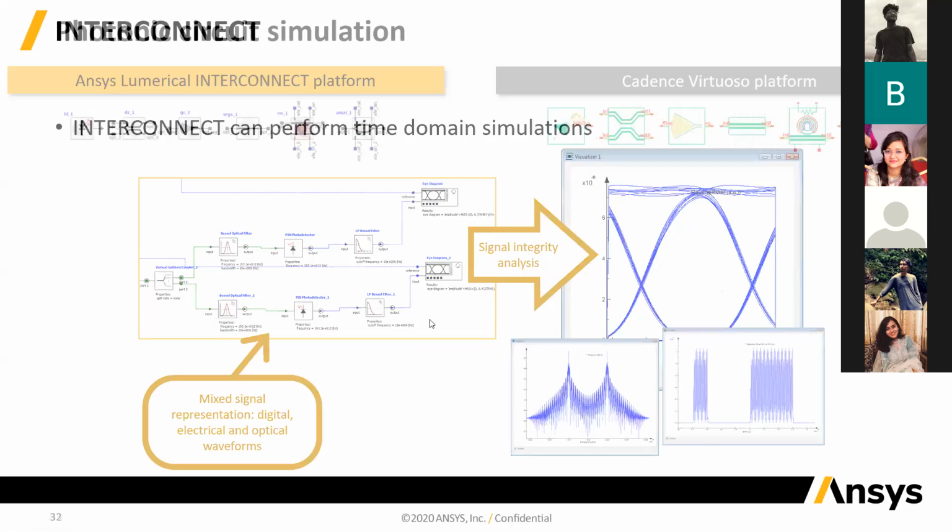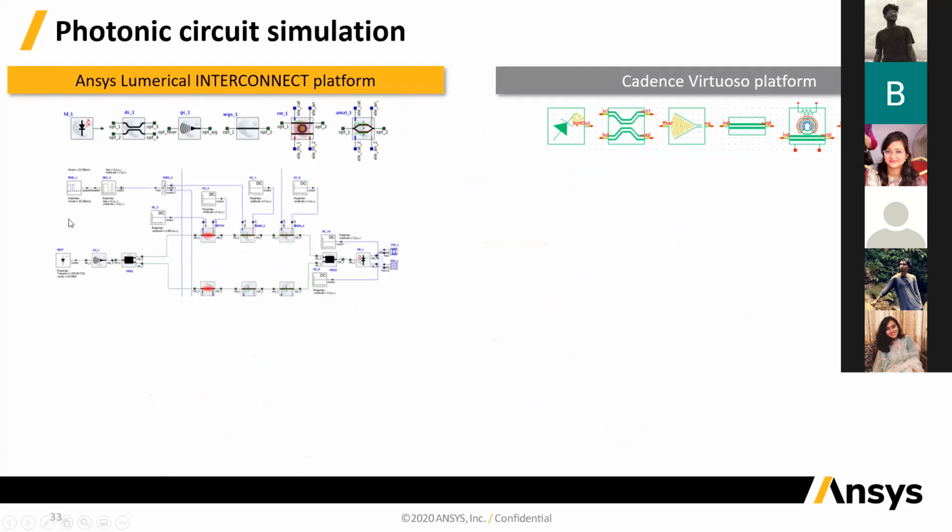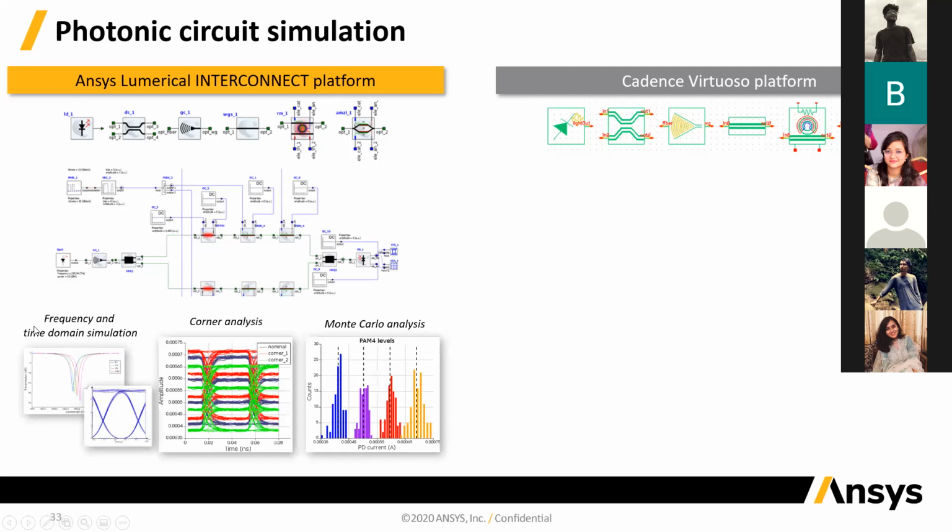Okay, so a little bit more detail about circuit simulation. The INTERCONNECT solver allows you to perform circuit simulations for your photonic integrated circuit, and you can do that by creating compact models of your devices. Here, for example, we have compact models for a photodetector, a directional coupler, a grating coupler, waveguide, ring modulator, or Mach-Zehnder modulators. This allows you to take those models and build a circuit in INTERCONNECT and run different kinds of simulations. So we know you can do frequency and time domain simulations.